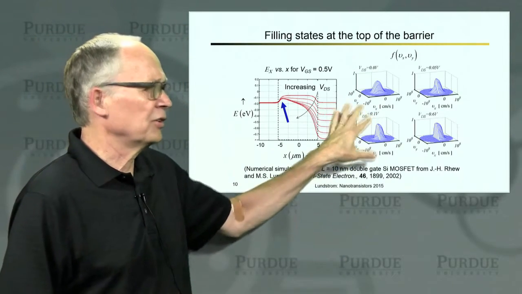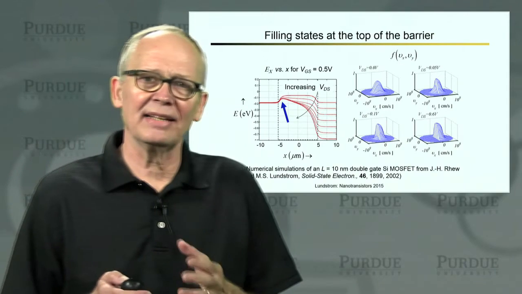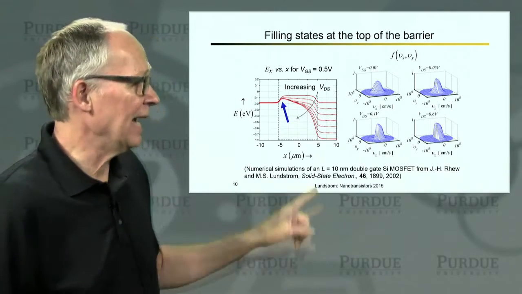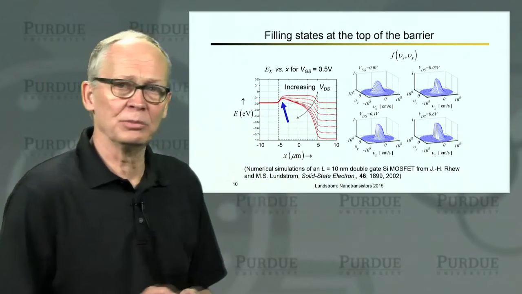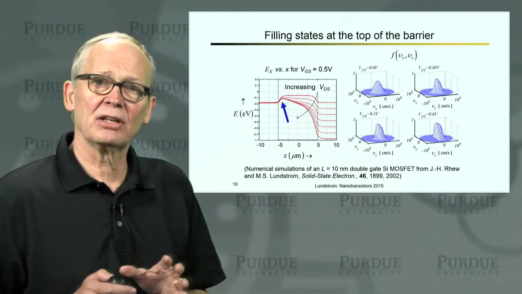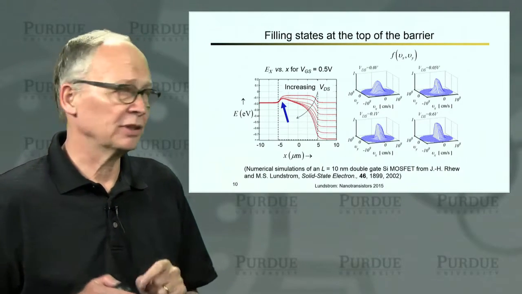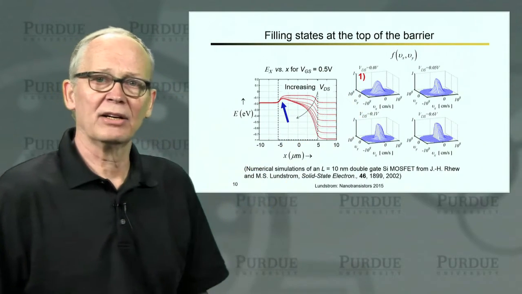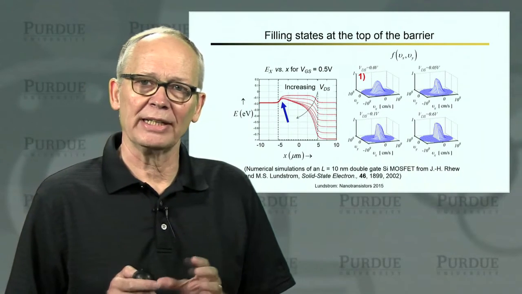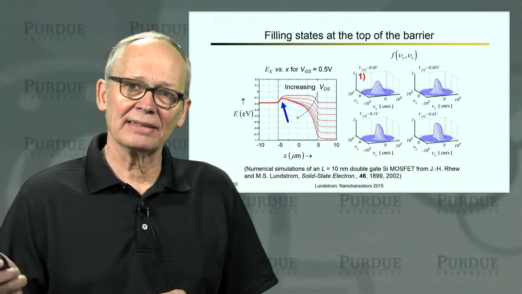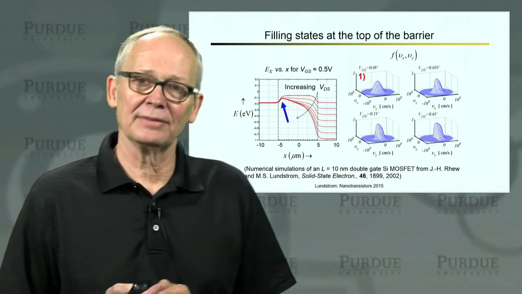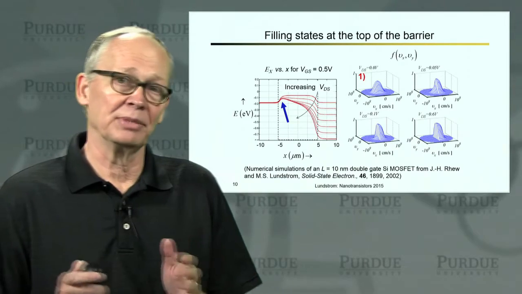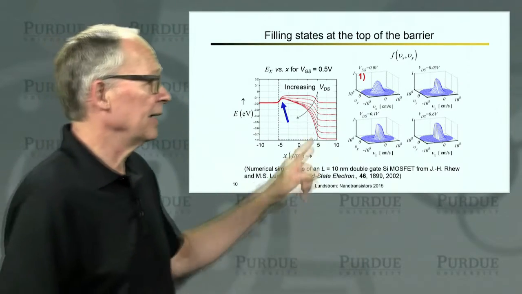Okay, so these are distributions or plots of how the electrons are distributed in velocity space in these xy directions at the top of the barrier, and they come from these numerical simulations. And we're showing results at 4 different drain voltages. So let's look at this. At 0 drain voltage, we get our nice equilibrium Maxwellian distribution of velocities. Every positive velocity electron is canceled by a negative velocity electron. There's no net velocity. The velocity is 0, the current is 0, which it should be when the drain voltage is 0.